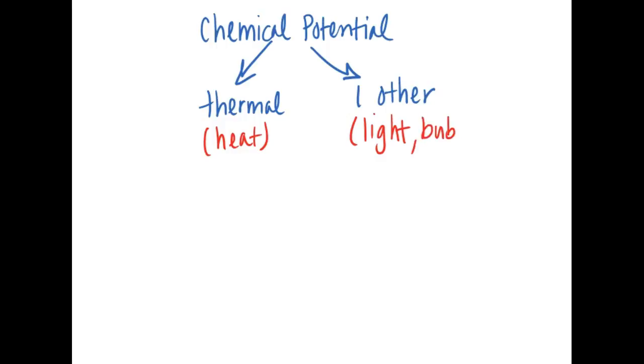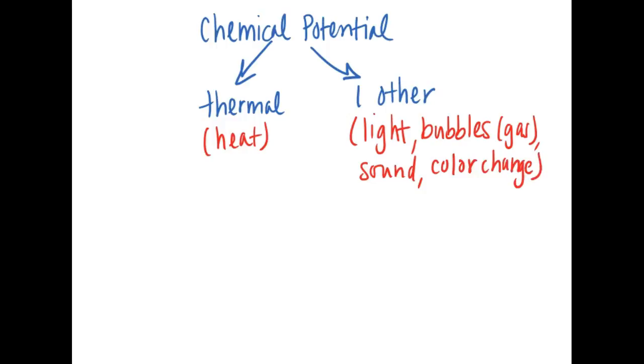You might have bubbles in a reaction, which is really just the indication that a gas was produced. You might have sound being produced. You might have a color change, and those are just some other indicators that chemical potential energy has been used. Now you have to be careful because you could knock on a door and that's also sound, but it's not quite the same idea of maybe like an explosion happening and that's the sound being produced from that release of